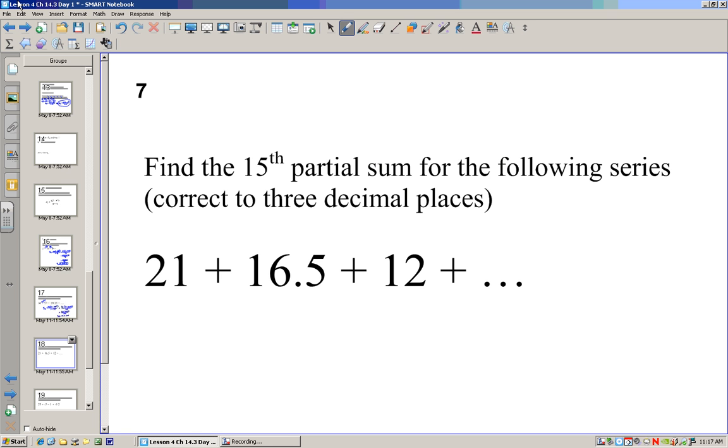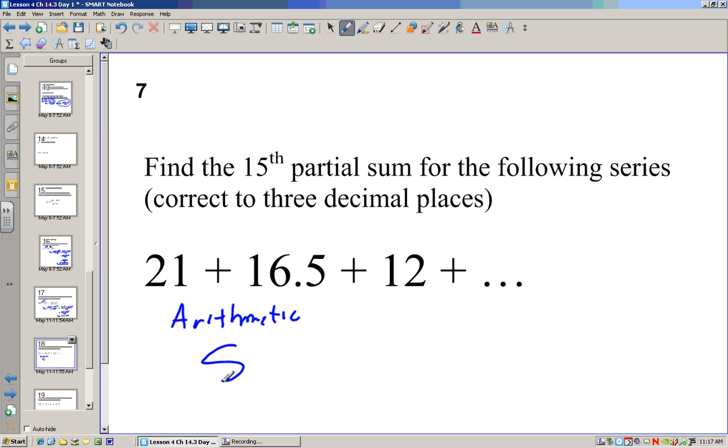Find the partial sum for this series. So if I take 16.5 divided by 21, I get 0.7857. 12 divided by 16.5 is 0.7272. So this is not a geometric series. Let's see if it's arithmetic. It's 21 minus 16.5, 4.5. Is 4.5 subtracted from this 12? Yes. So now that we know it's arithmetic,